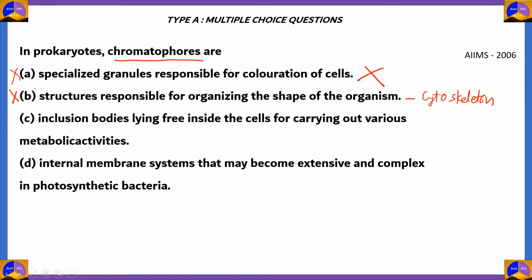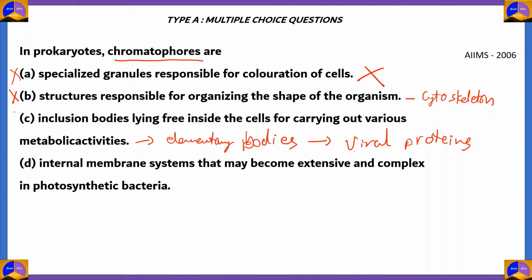What about option C? Inclusion bodies lying freely inside the cells for carrying out various metabolic activities. This is the function of elementary bodies which contain viral proteins. So these are descended from viruses. So therefore option C is not chromatophores. So they're incorrect. The right answer is option D, internal membrane systems that may become extensive and complex in photosynthetic